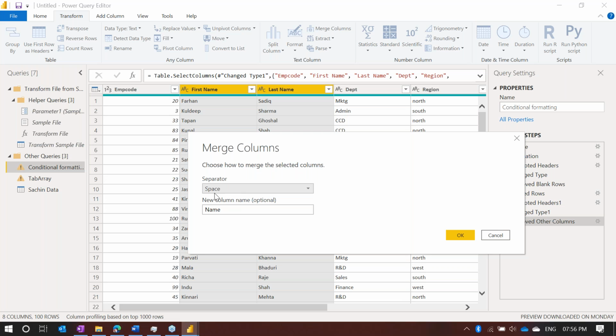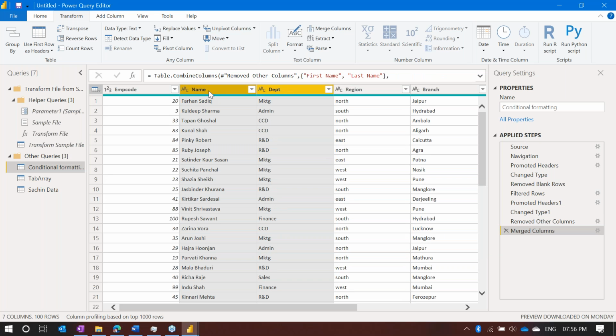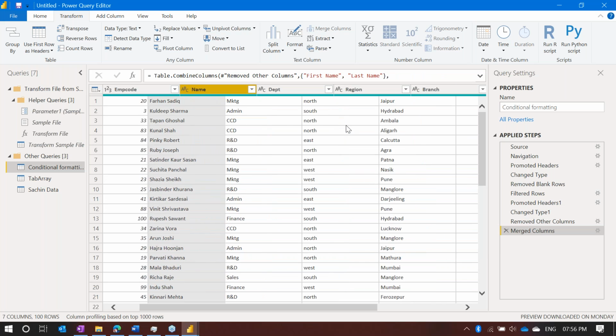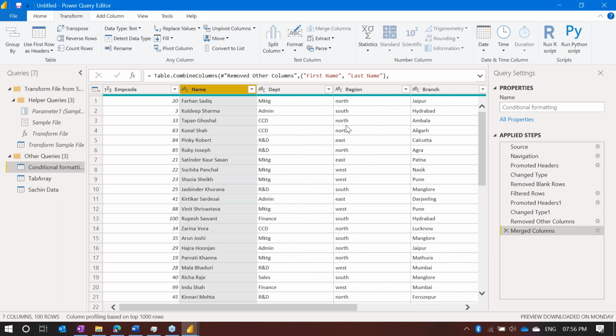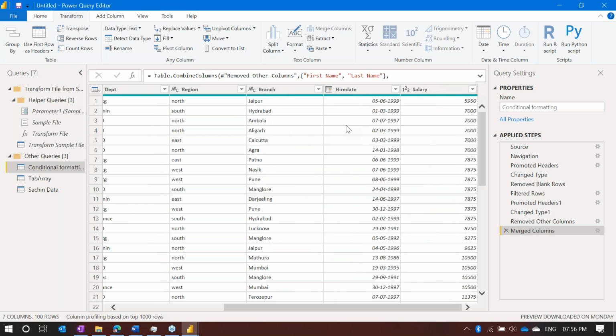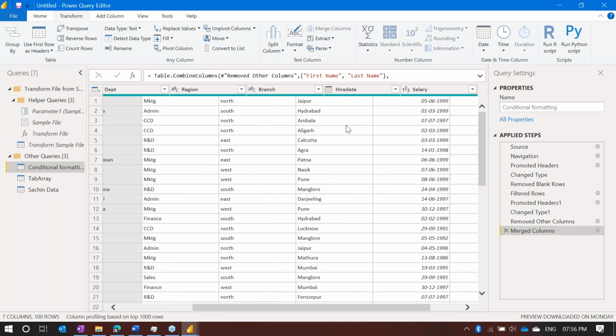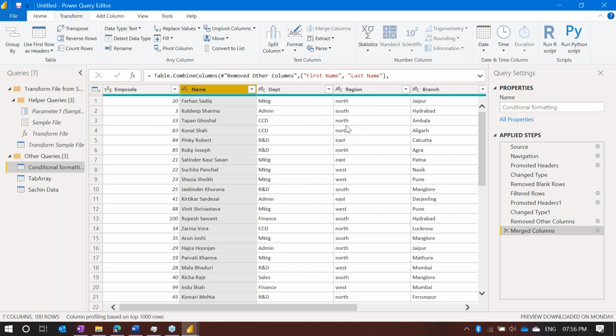Then you have space as a separator and name, and I have chosen the one which is in the transform tab. When I click OK, it created the third column which is name, and see the first name and last name columns are gone. Simple, isn't it? Such a simple technique. Now, second thing here,